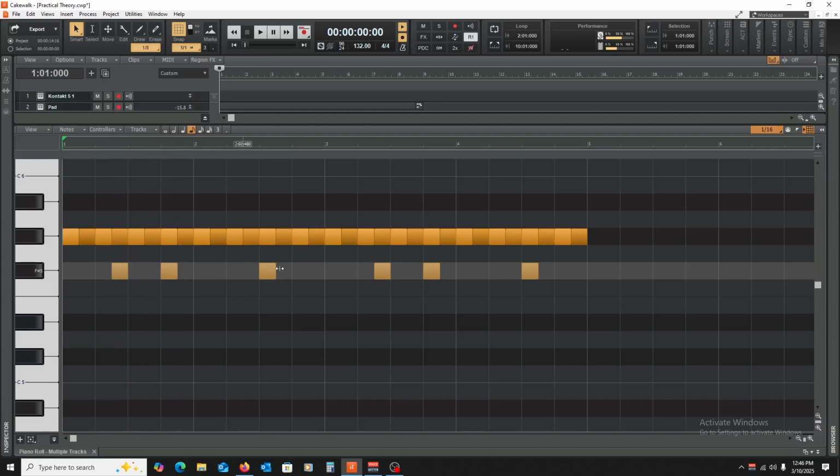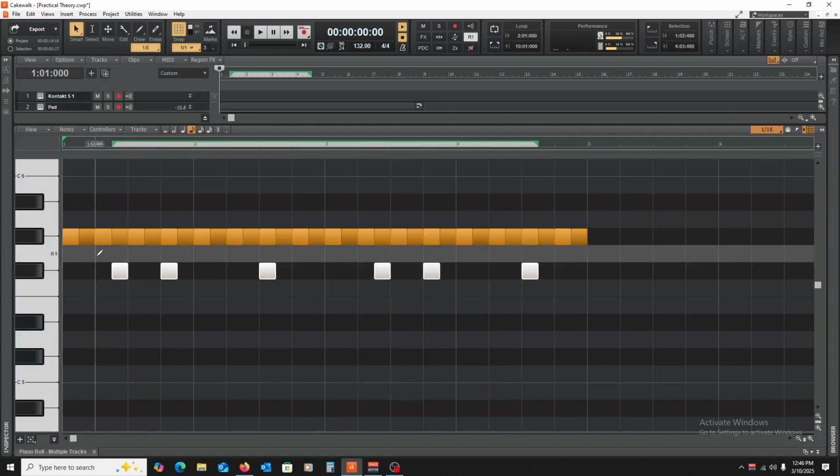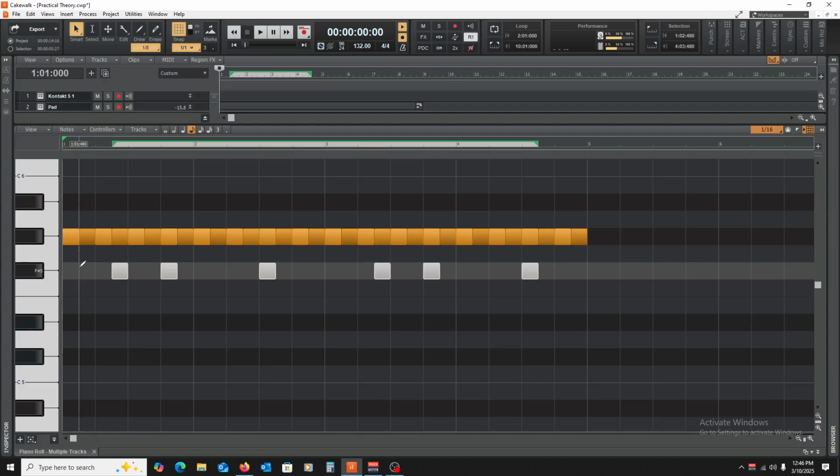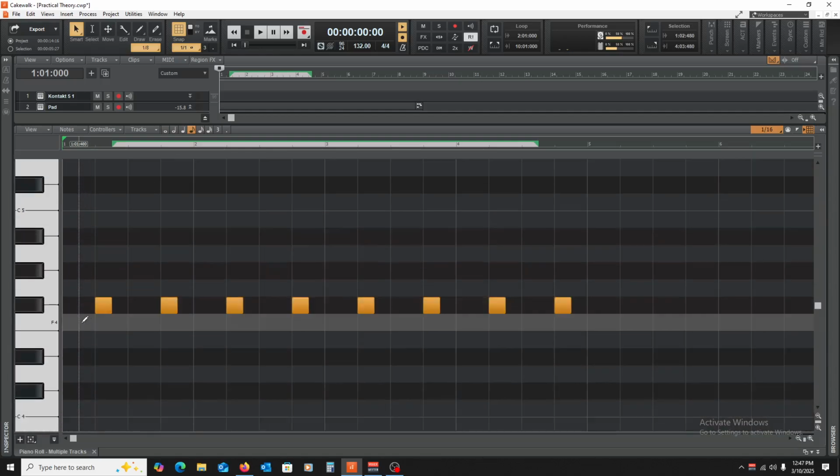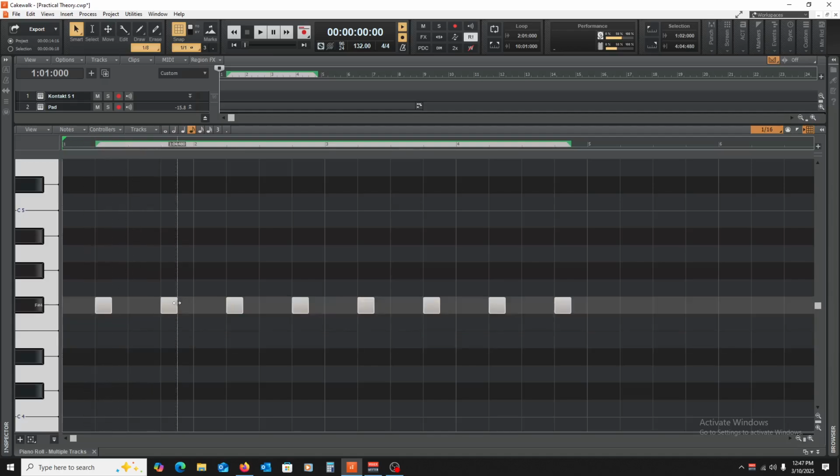So if we were to count out where these little accented notes are positioned, we have 1 and 2 and. So I've got the first one on the and beat of 2. I've got this on beat 4, sorry, and then this one is on beat 3, and then this is just copy pasted back there, so you can get an idea of what I'm doing here rhythmically to make all this stuff happen. This sound is on beats 2 and 4,